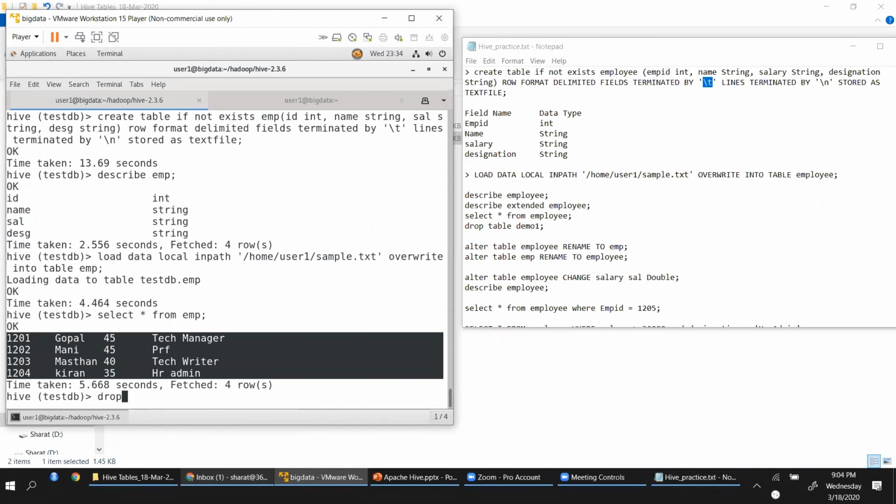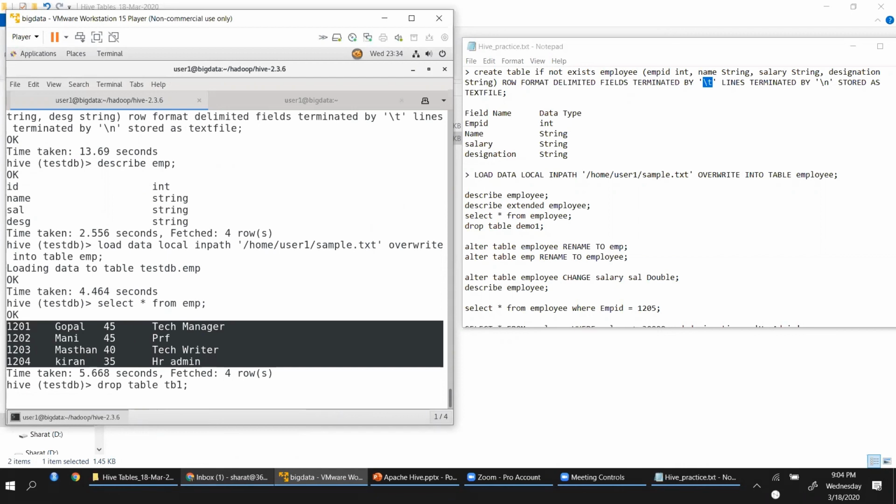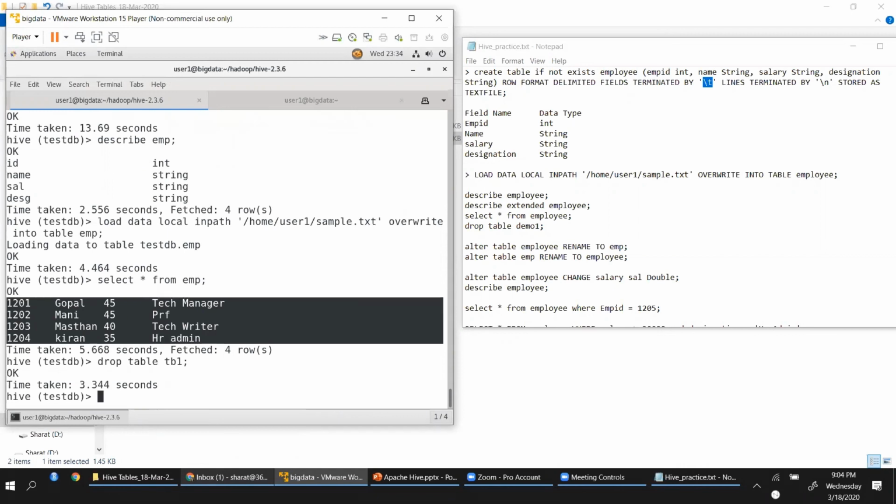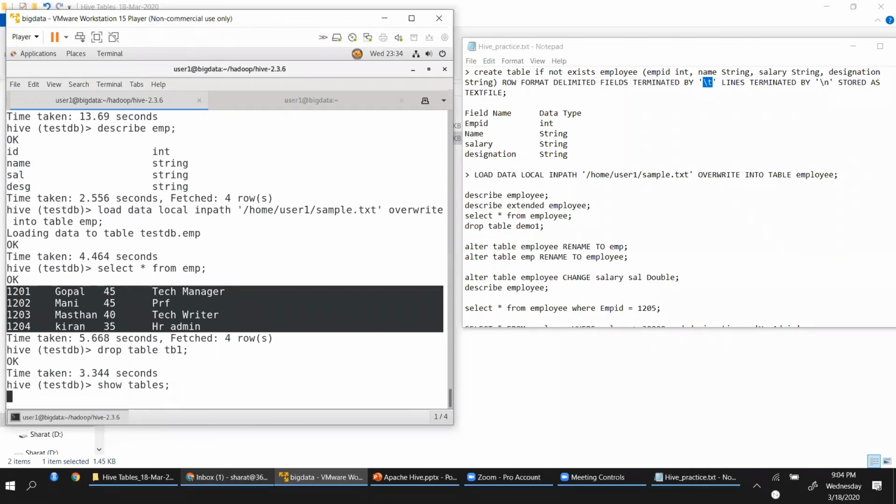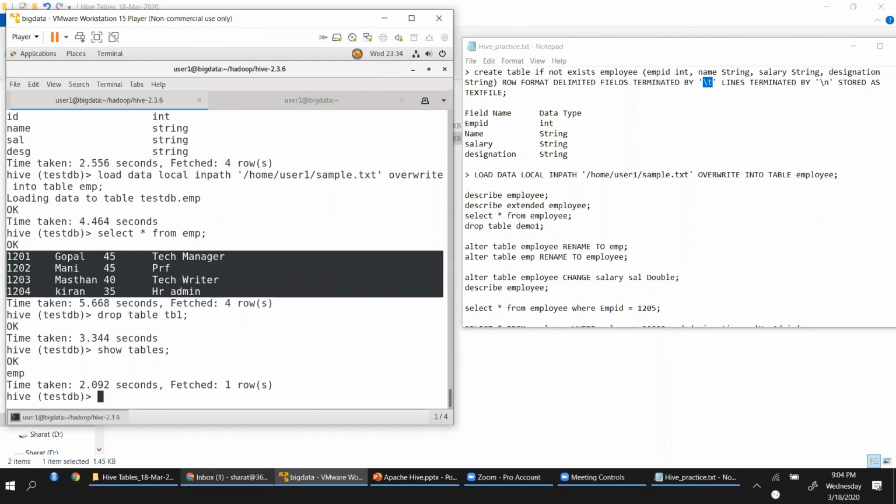If I want to drop a table, I'll say drop table TB1. I'm not dropping this EMP table, I'm dropping the table TB1. I dropped it. Show tables will not show me TB1 anymore. It says only the EMP table is there.